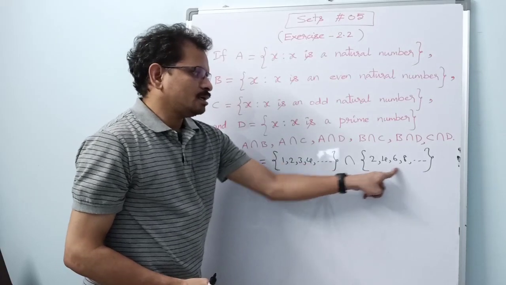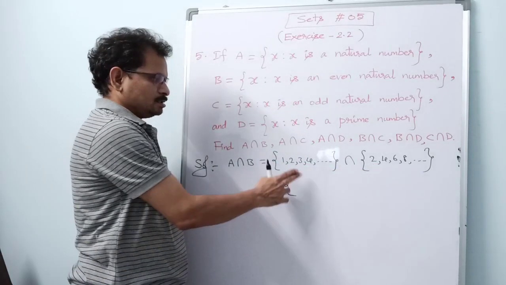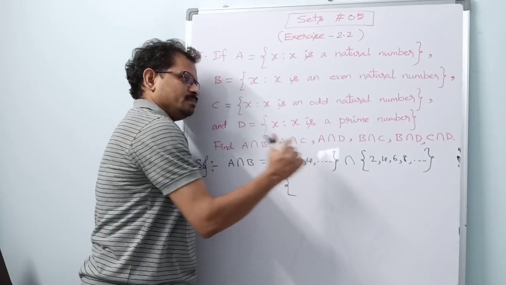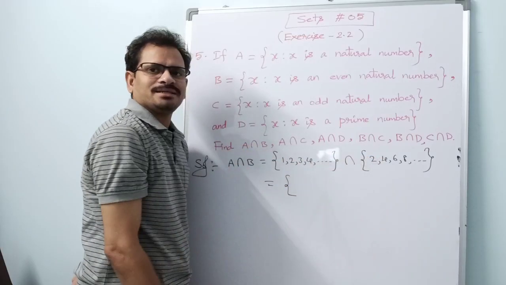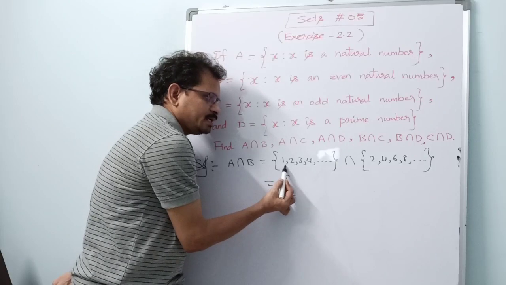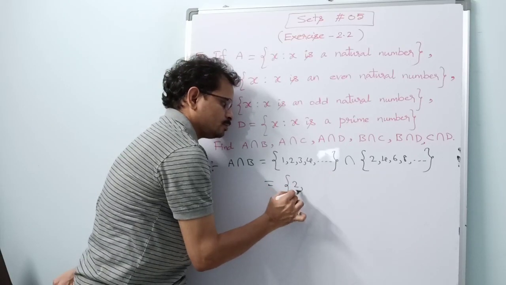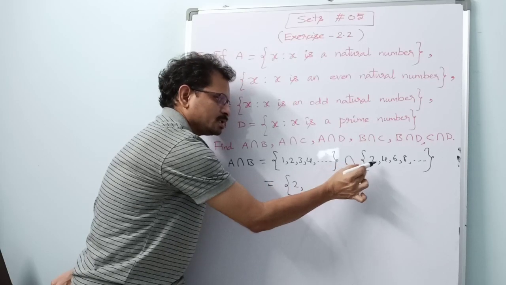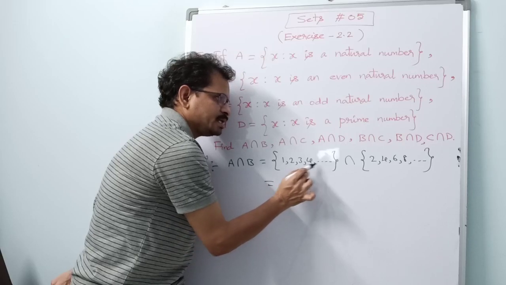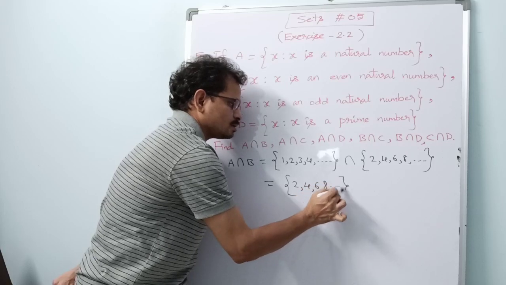Let us check this one. Here 1 is not there. Odd numbers are not there. So here all numbers are there, odd numbers 1, 2, 3, and even numbers, while there only even numbers are there. So what are common here? 1 here it is there, there it is not there. 2 here it is there, there it is there. Write down 2. Similarly 3 here it is there, there it is not there, so no need to write. Next 4 here it is there, there also. Similarly 6, similarly 8 and so on.